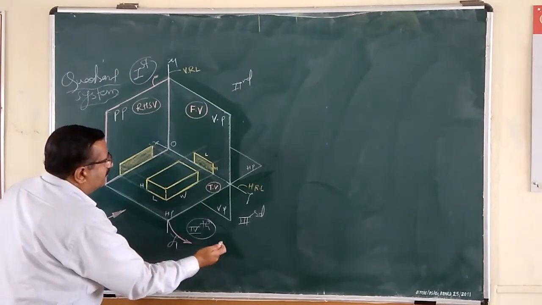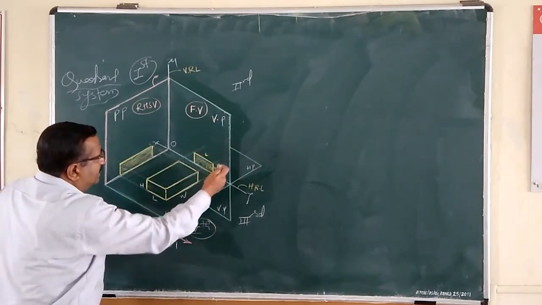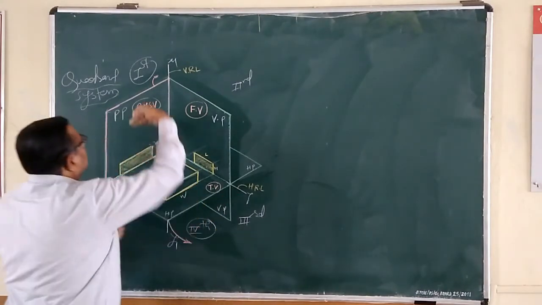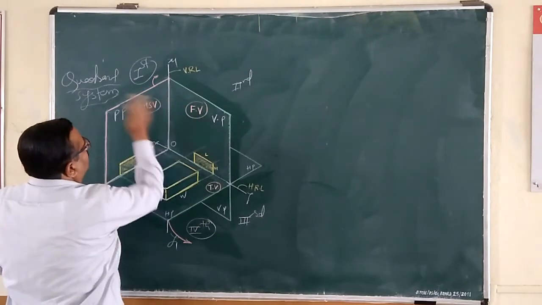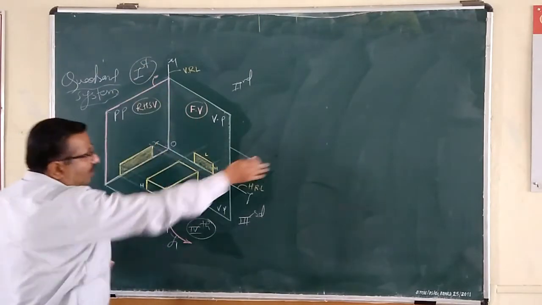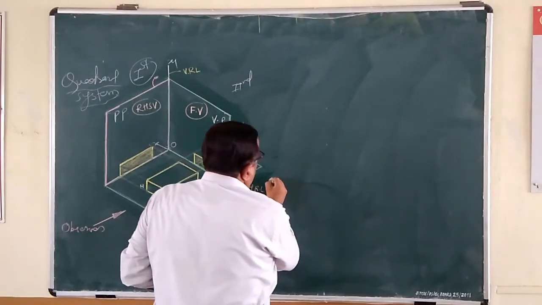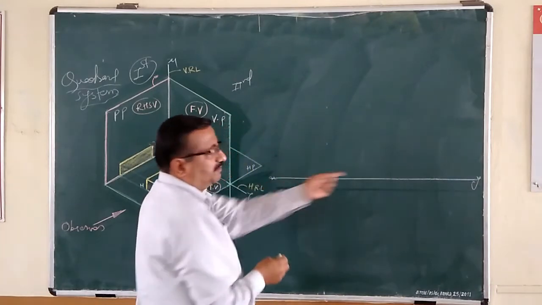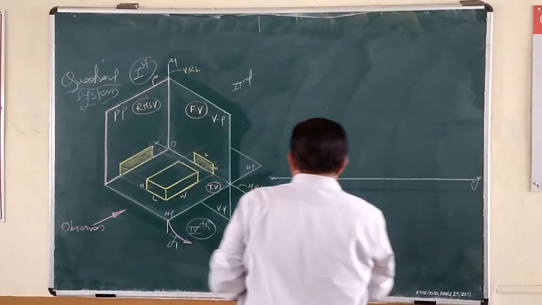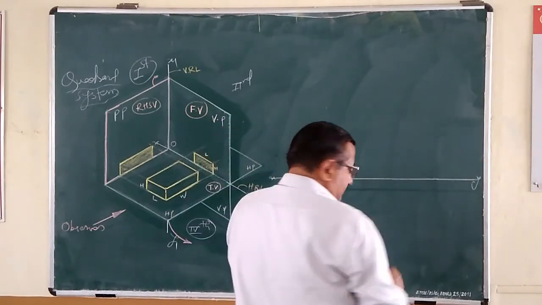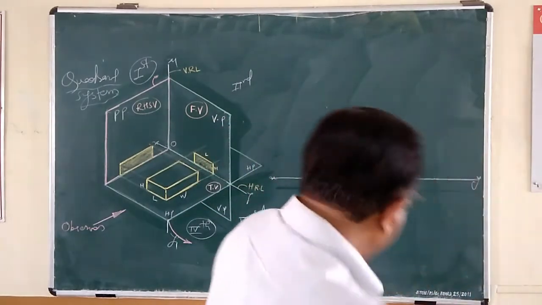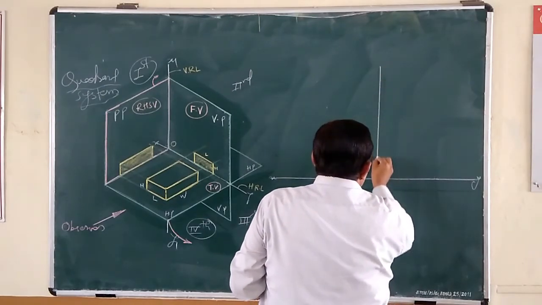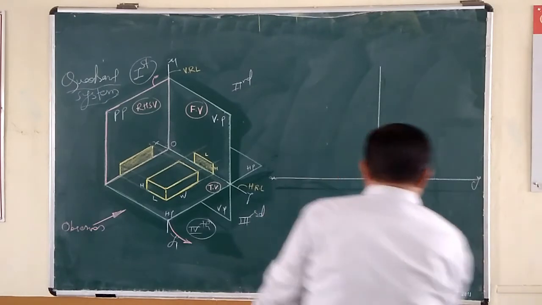So this will be in plane with VP in this way. So VP, and just below this XY line will be HP, as we are tilting through 90 degrees in the downward direction. Similarly, this profile plane will be exactly on the left side of this vertical plane. So how to show it here? First of all, I will consider that XOY line, which is nothing but the horizontal reference line, XOY. Exactly at the middle, I will construct this vertical reference line.